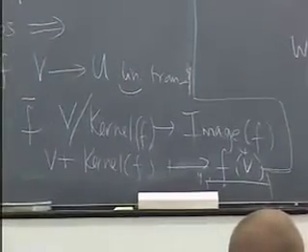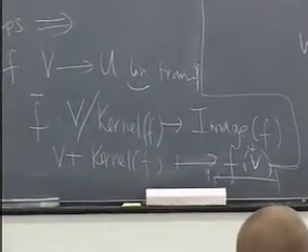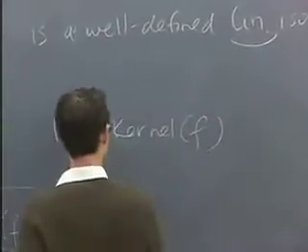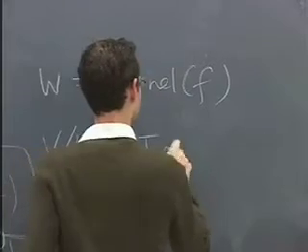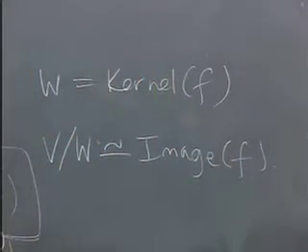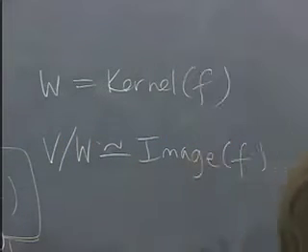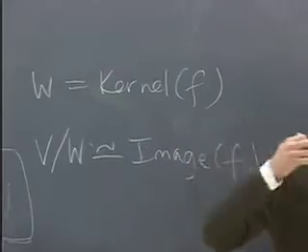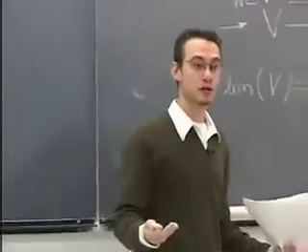So kernel times image. Any questions so far? So we're really just taking a composition of the two isomorphisms. Exactly. We're putting together all the things we know, we're accumulating them, we're putting together the isomorphisms, and we're seeing what we can find about the structure